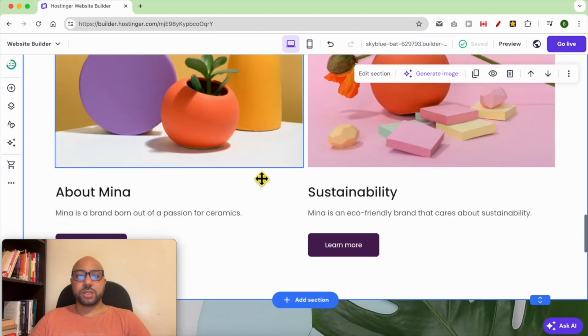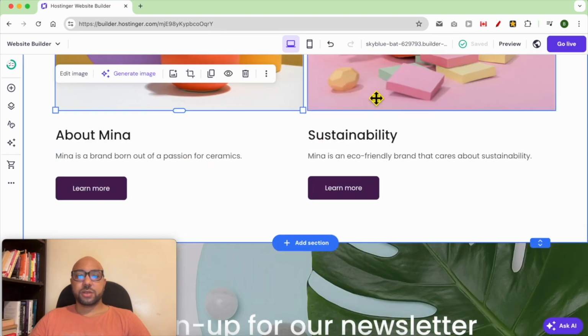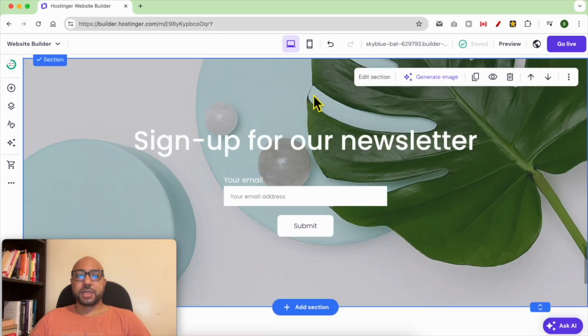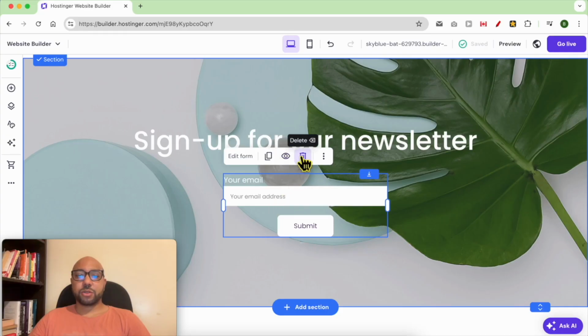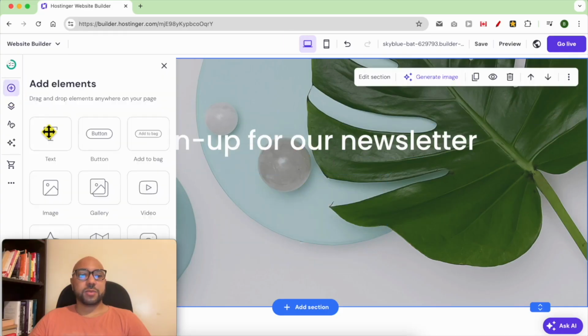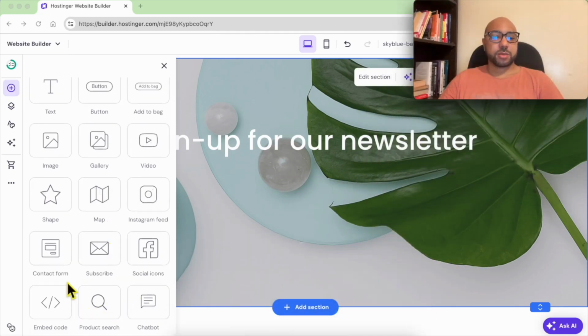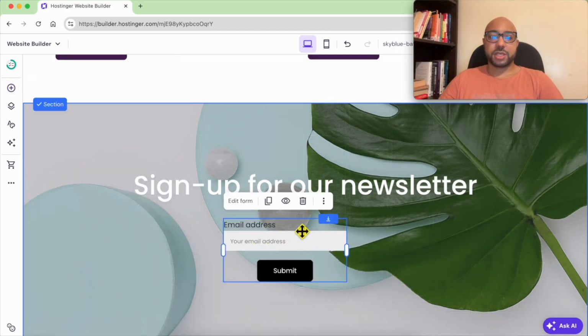Let's move to this section with a photo, a title, and a button. And this is another section with a background photo, a big title, and a subscribe form. To add a subscribe form to your site, just go to add element, select subscribe form